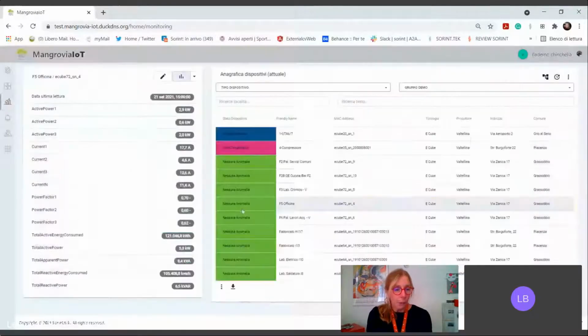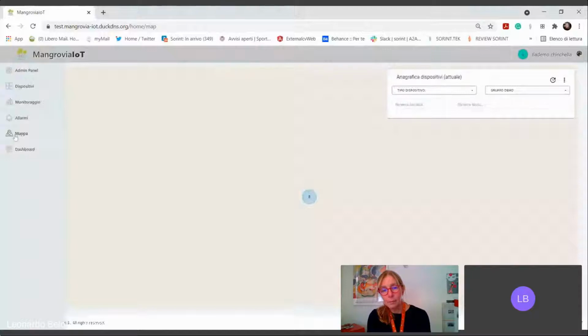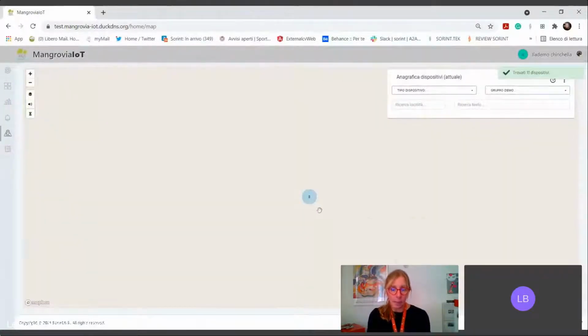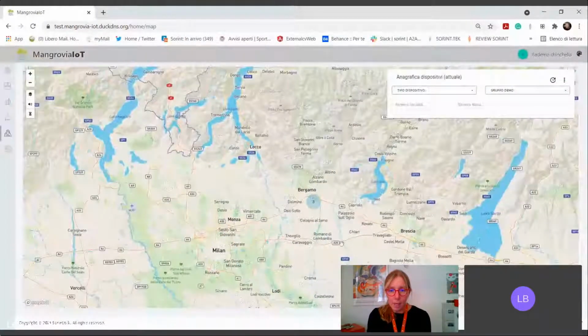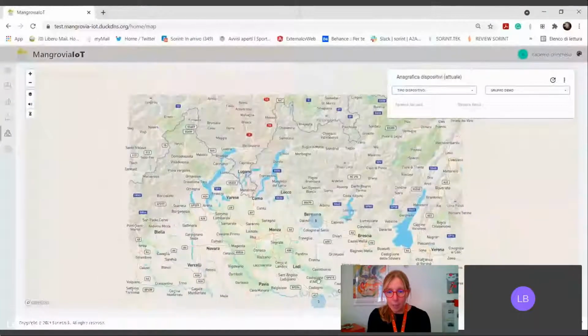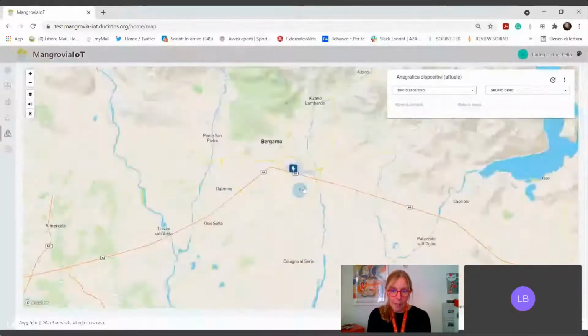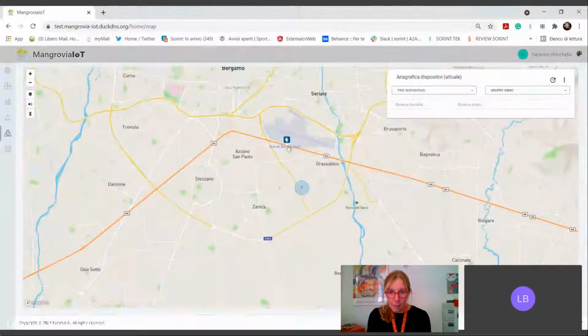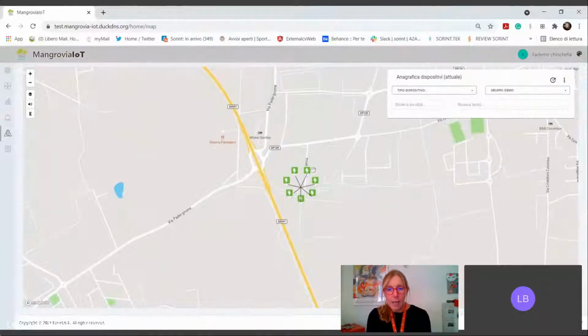But we have other information. We have the possibility to look at all these devices in a georeferential way, by going through a map. This is Google Maps, and as I can see, I have 8 devices near Bergamo and 3 devices near Piacenza. Okay, I can zoom and know exactly where they are. I have the maintenance device near the airport and the other in the Sorint headquarters, and they are all communicating,